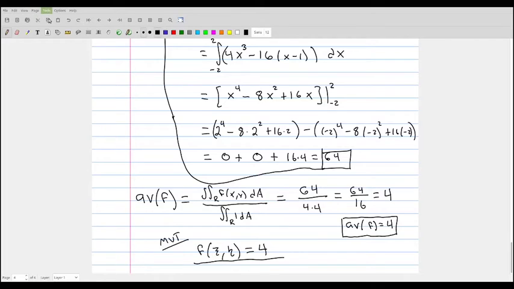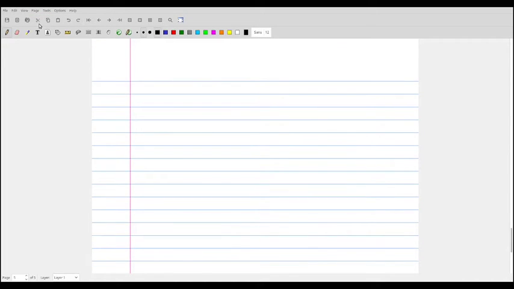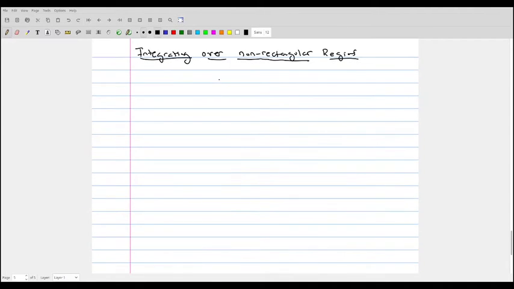So for the last two examples, I want to go over general examples of integrating over non-rectangular regions. We've seen a number of different rectangular region integrals, and now we want to do the double integral over non-rectangular regions. And the way that I'm going to introduce this is through a